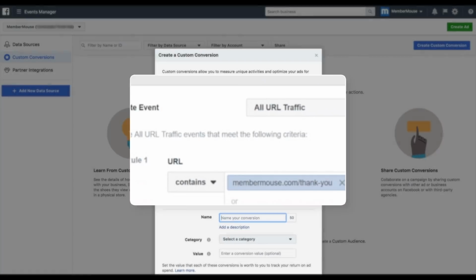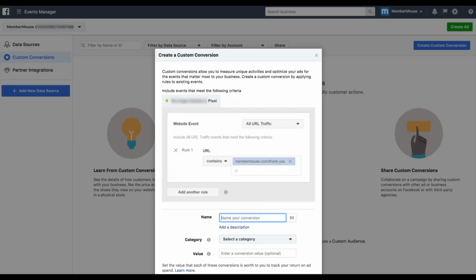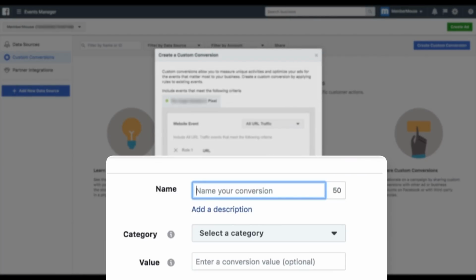Now, this name that you give the custom conversion is how you're going to find it inside of your ads manager. So you would name this as a new customer checkout, or you could call it an FB customer checkout to itemize for FB for Facebook. If you're running one pixel on multiple websites, obviously put an indicator for which website this conversion pixel is on using some sort of an abbreviation. So then you just give it a name,